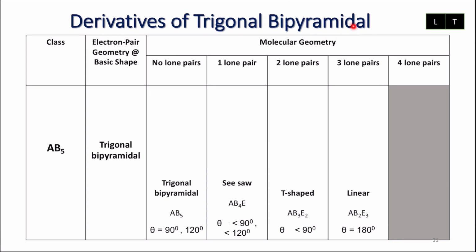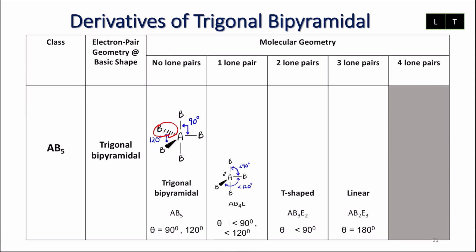Trigonal bipyramidal is one of the basic shapes that we learned, where the class for trigonal bipyramidal is AB5. We have 5 bonding pairs. So this is the drawing. You have 2 bond angles here, 120 degree and 90 degree. But right now, when I replace one of the bonding pairs, for example, I replace this one with a lone pair,